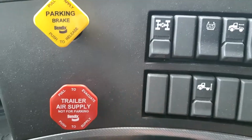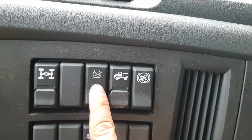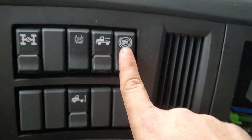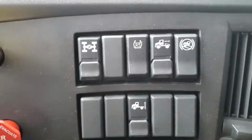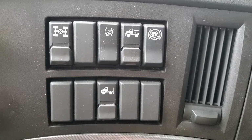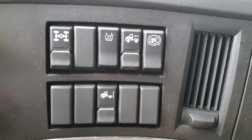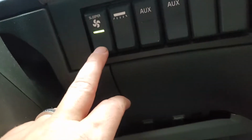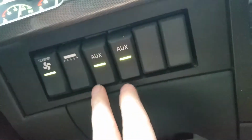Parking brake, trailer brake, interaxle differential, traction control off, air slide fifth wheel, hill assist on and off, and the airbag dump there. Does not have an air release fifth wheel, which I wish it did. That would be super nice, especially this coming winter, but I got a fifth wheel puller anyway, so not a huge deal. And then down here we have our sleeper fan, sleeper light, and then 2 aux switches that